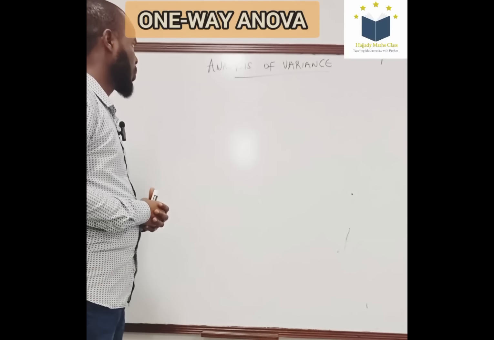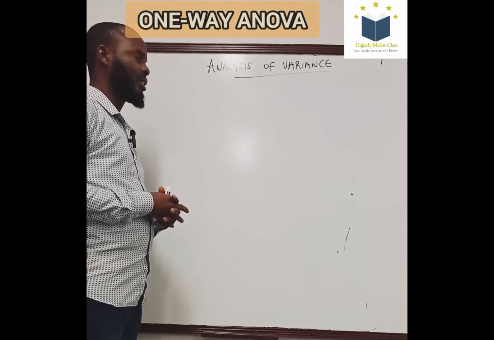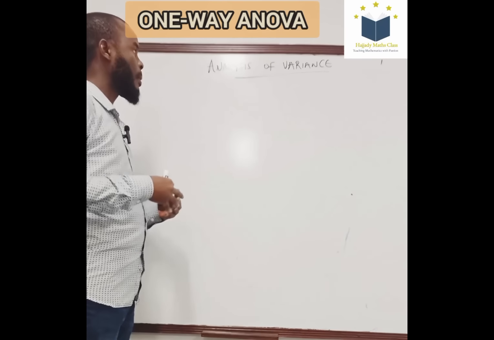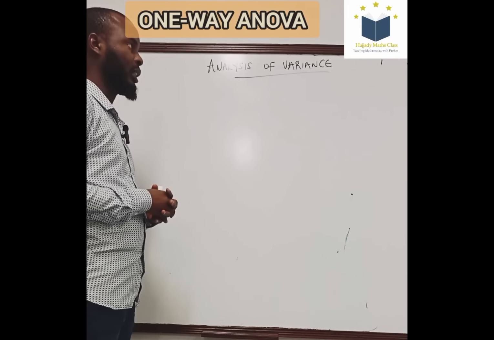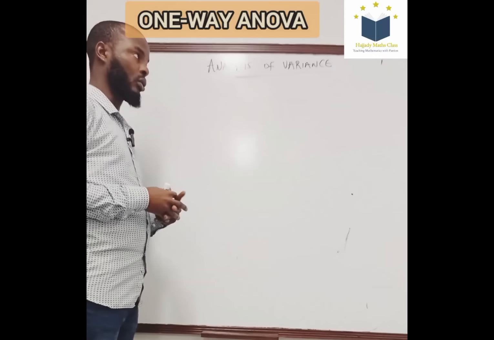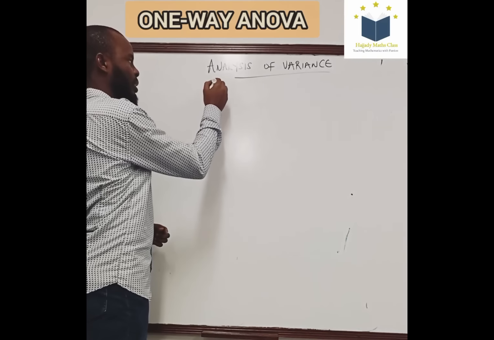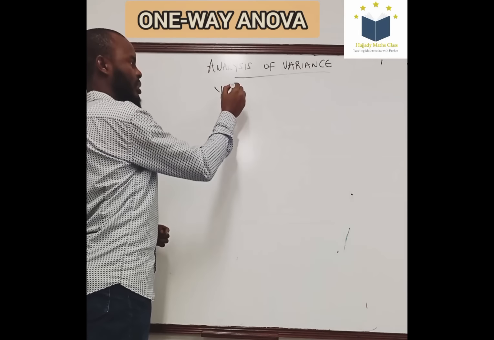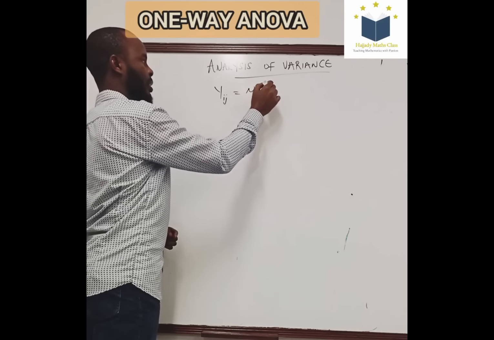Hello viewers, welcome to the class. Today we are going to work on the analysis of variance known as the ANOVA. So I'm going to put you through the basic model of the analysis of variance and also the decomposition of the sum of squares. So generally we should know that the model for the analysis of variance is Yij equals mu i plus